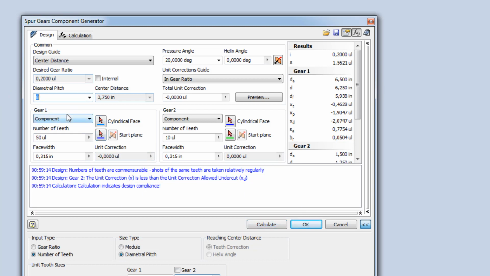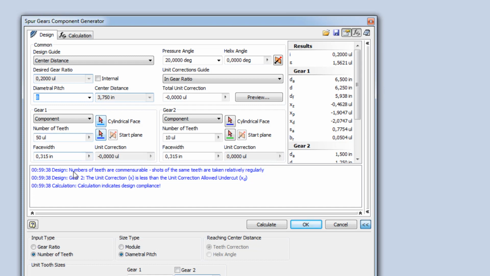Also, we can make some smaller dimensions, which is this one. As you see, the center distance increases since the diametral pitch is increased. Let's change the diametral pitch dimension for our gear set to 8 millimeters, which will give us a center distance of